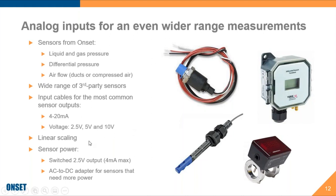The software allows you to enter in linear scaling for those sensors to convert them to your user units, as long as it's a linear relationship, which most are. And we also have a couple options for sensor power. There's a switched 2.5 volt output, which only has a little bit of current, 4 milliamps, but that's suitable for some simple, like resistive type measurements. So that's a possibility. We also sell an AC to DC adapter that can provide DC power for sensors that need to be powered, but then those can be connected to the analog input. So a lot of flexibility to connect a wide range of